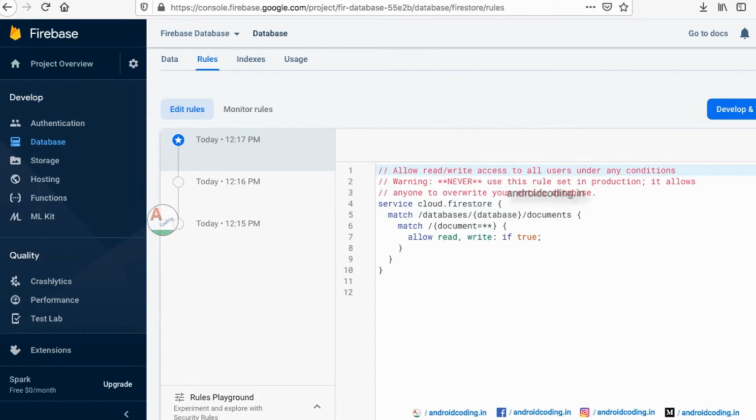It is also showing you a warning, you can see. In real-time projects you will not provide this permission. There will be some restrictions, and you need to provide those in the rules section. If you have any doubts about these rules, let me know, I will help you.